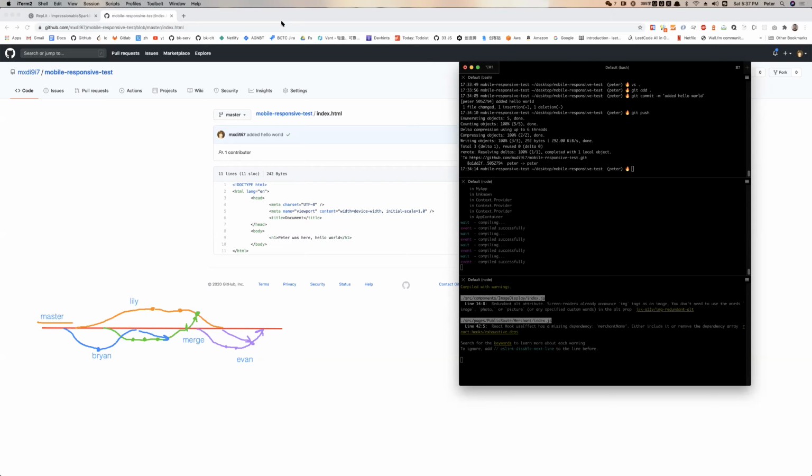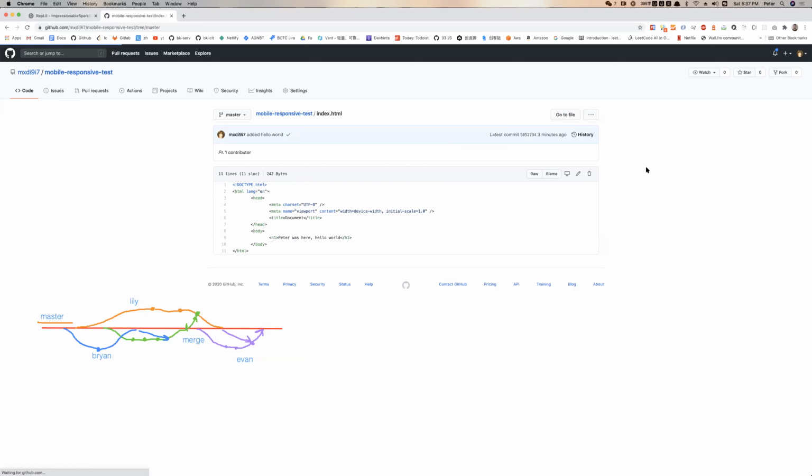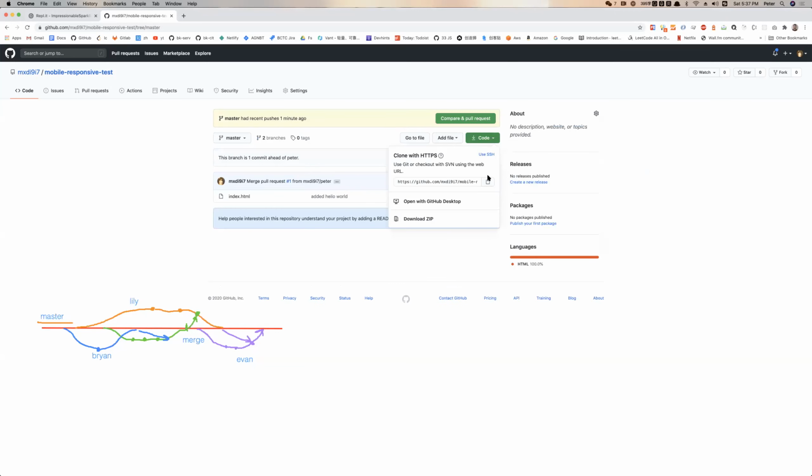So do we need a folder for this? Hey, what was the question again? Do we need a folder to do this? You need to clone this down first, okay? First step, you gotta clone this down.